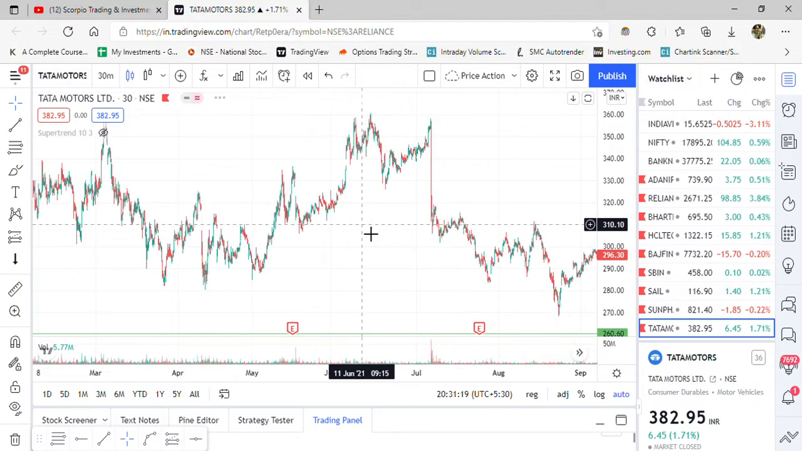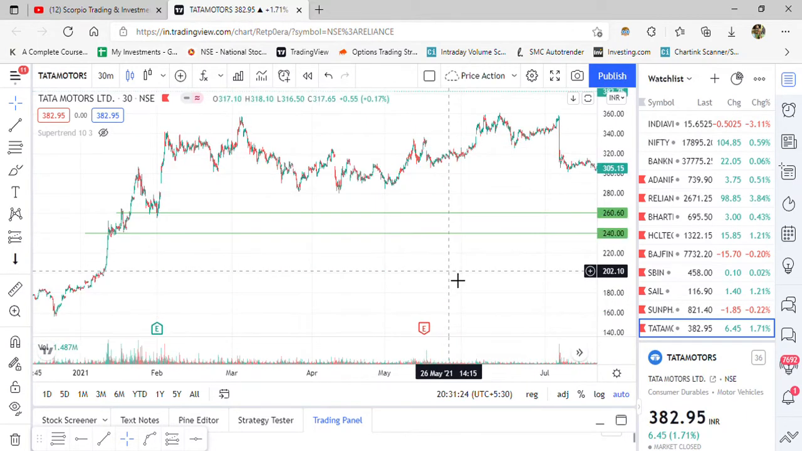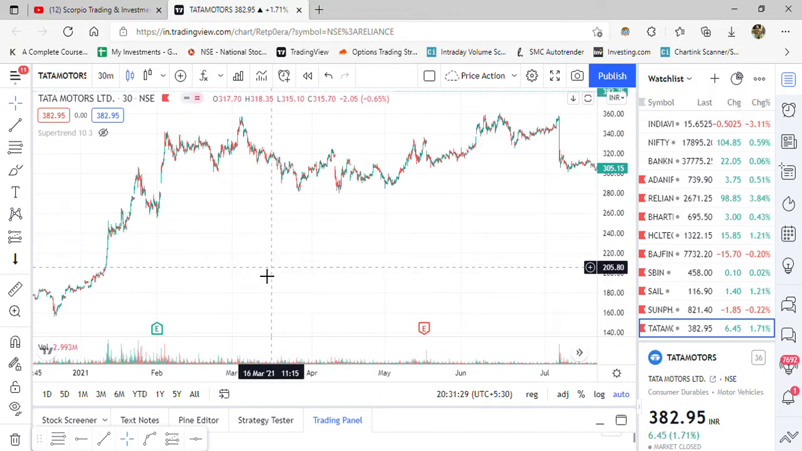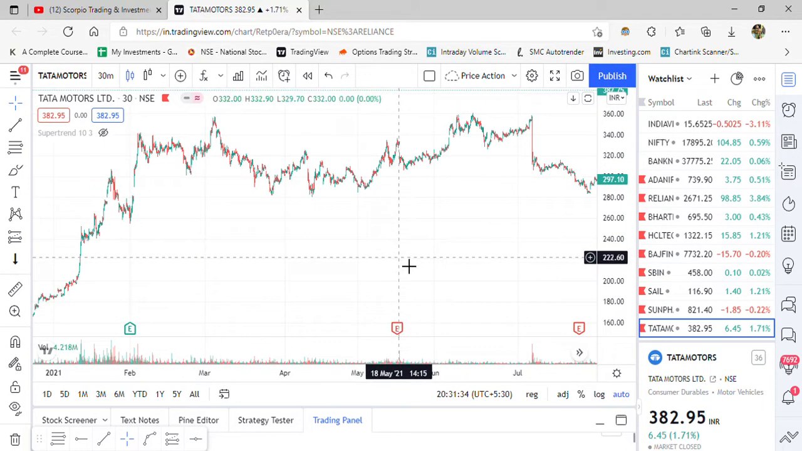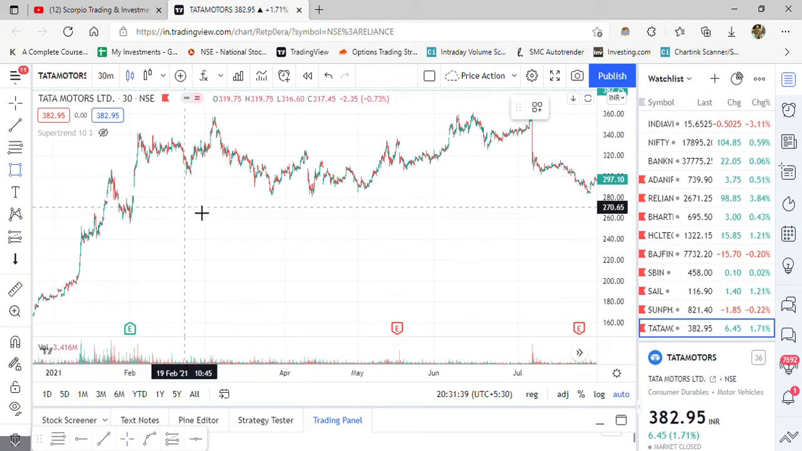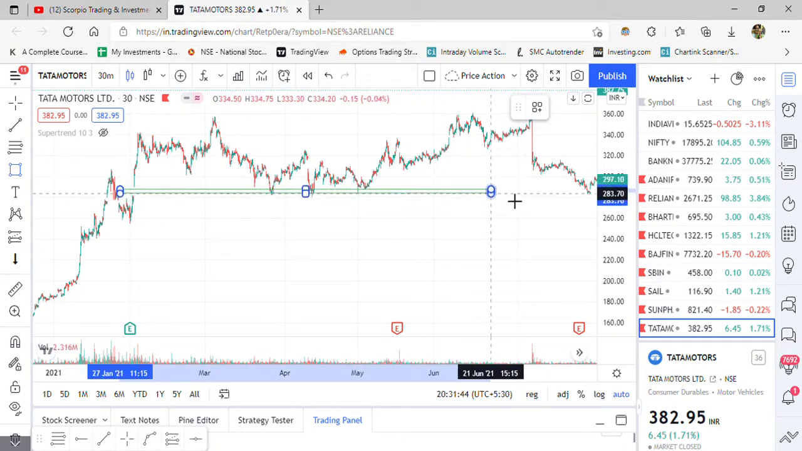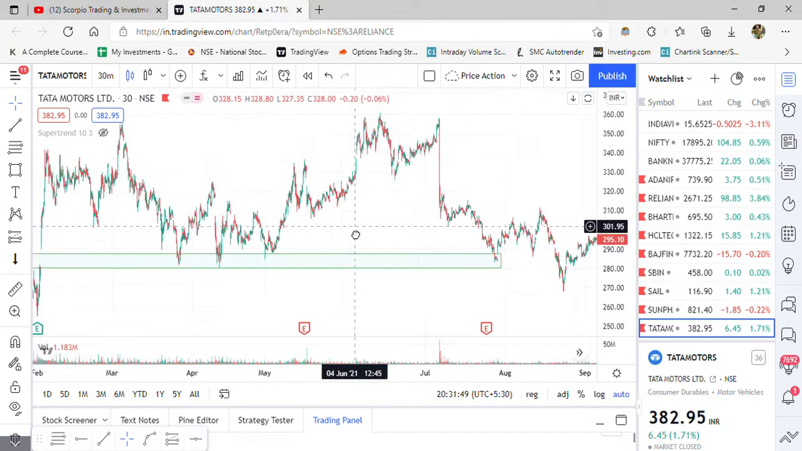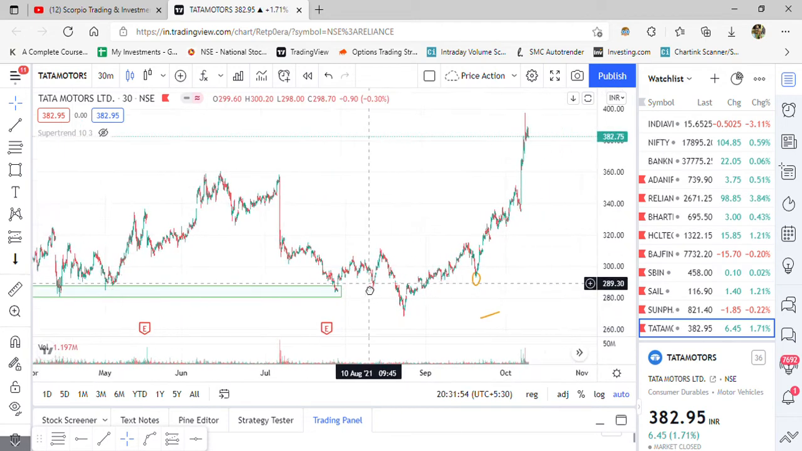Now in case of Tata Motors, so where we can find support, this line, or rather this area, is the support area where stock is constantly taking support. Alright,